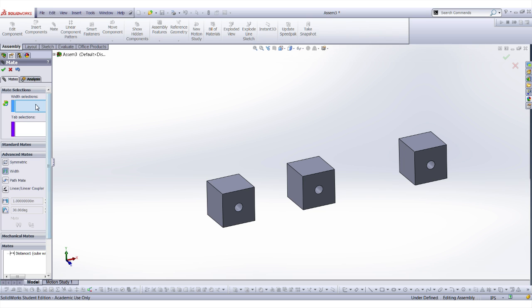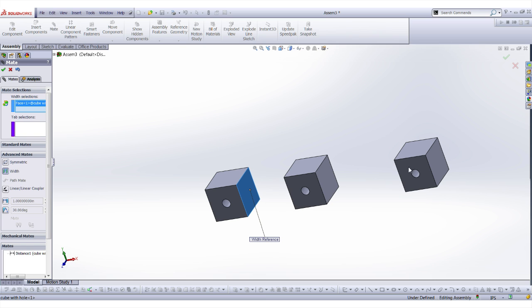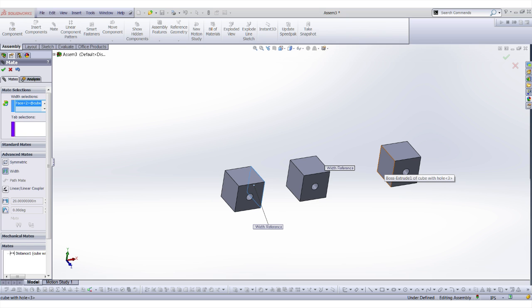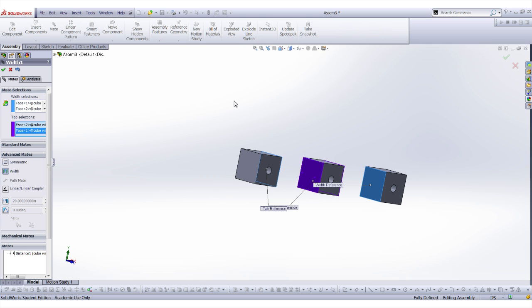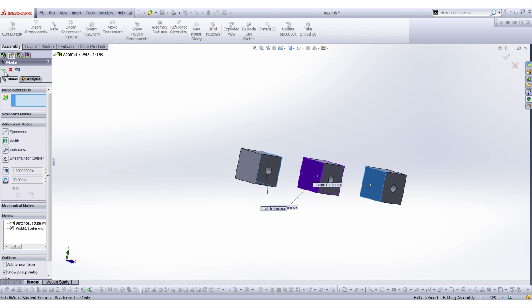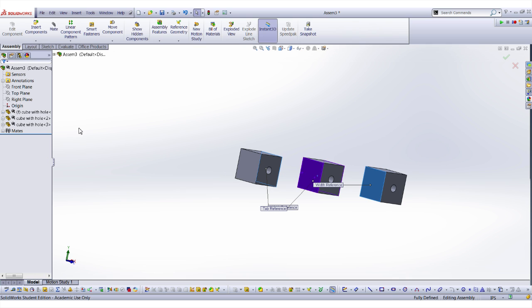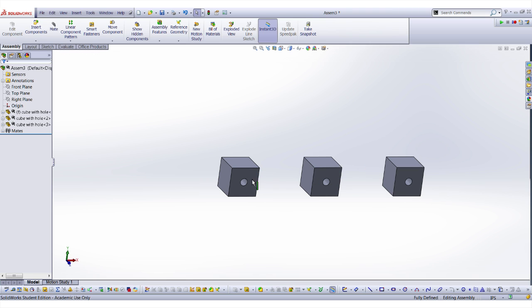And with the width mate, you can select a couple different faces. One is going to be kind of like your bookends, and the other two are going to be the thing you want centered. So you're selecting 4 faces total, and it moves it right into the center. And what's nice about that, since it's not just another distance mate,